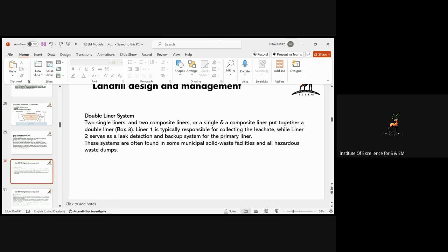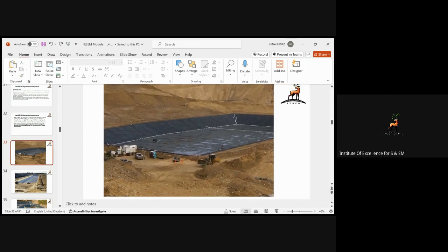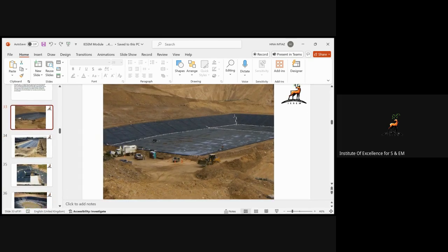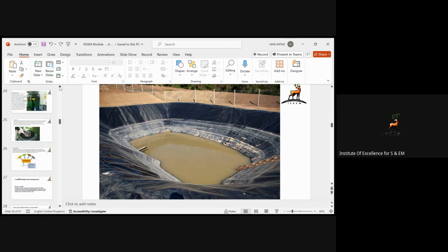And again, the double liner system is one in which you insert two single liners or two composite liners, which is known as a double liner, and such a liner is used in hazardous landfills. Whenever you design a hazardous landfill, you will adopt two single liners together or two composite liners. I want to show you this picture of the single liner, the original picture, and this is the picture of the double liner, in which there are two layers of liner around the landfill. And the third category is the